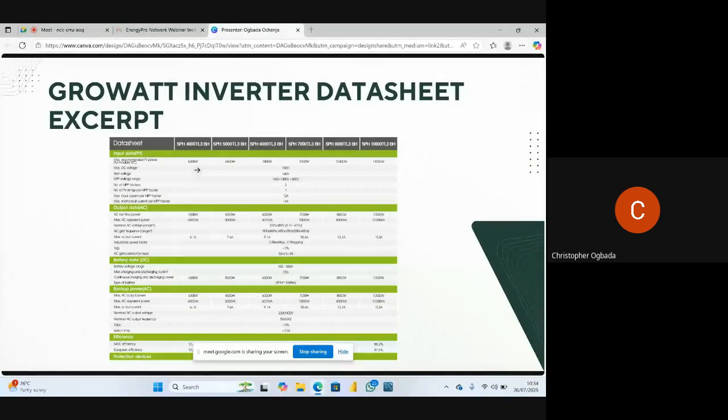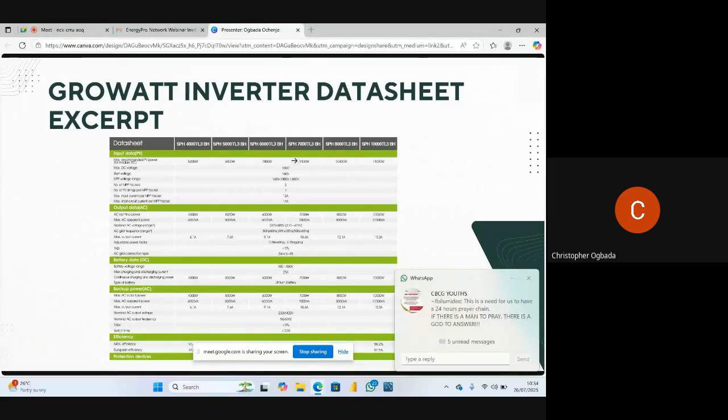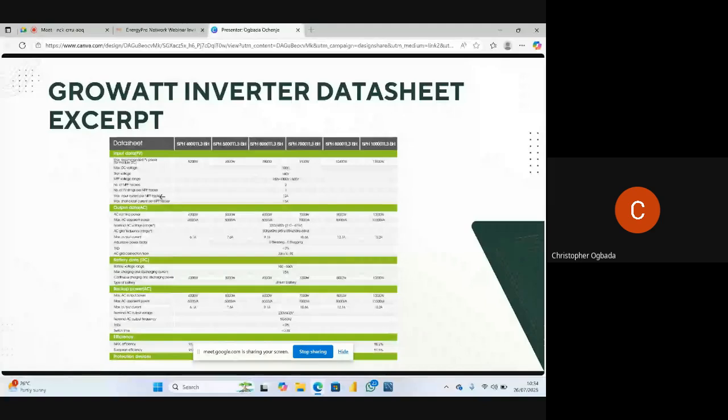Then the maximum DC voltage, I've said it. This is the input range on the PV side. When you put your solar arrays in series, the voltage should not exceed this. Your VOC, in this case you are using VOC, the accumulation of your VOC should not exceed 1000. This is what I mean. And for this very inverter, if you put panels together and the total voltage is not up to 160, it will not start. The inverter will not see your panel. So then this is the range.